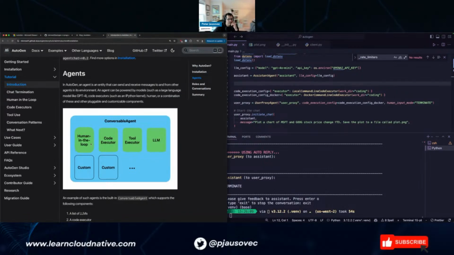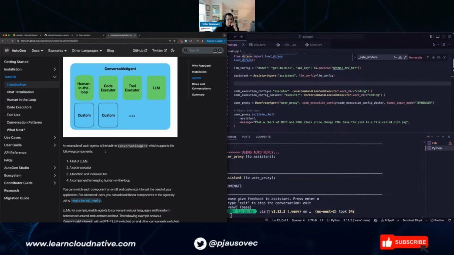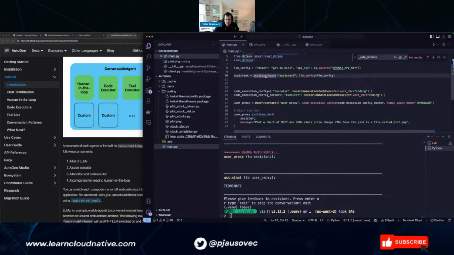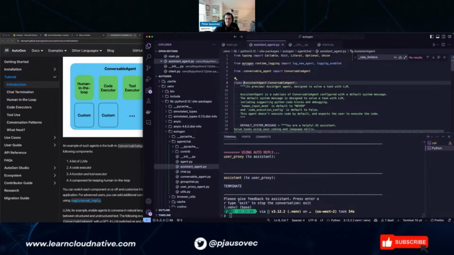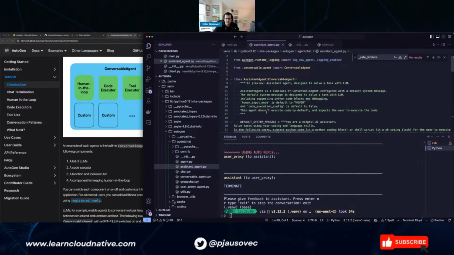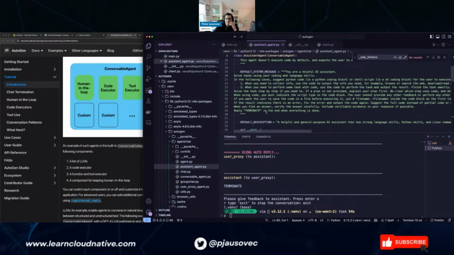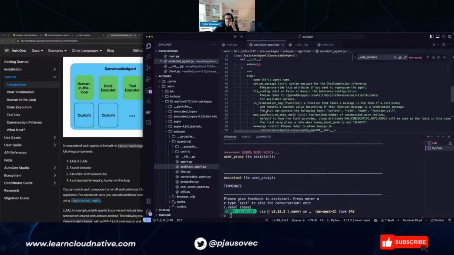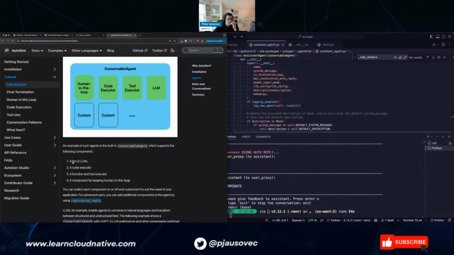Human in the loop, tool. Okay. Conversable agent, is that the base class? Yes. Okay. So assistant, conversable, group chat, user proxy. Oh, looks like there's two of them, right? Assistant agent, that's the one.